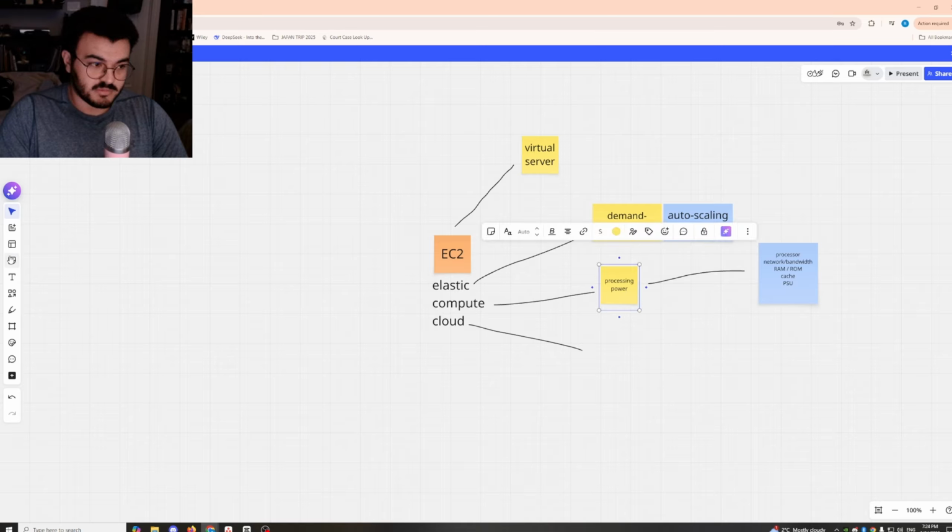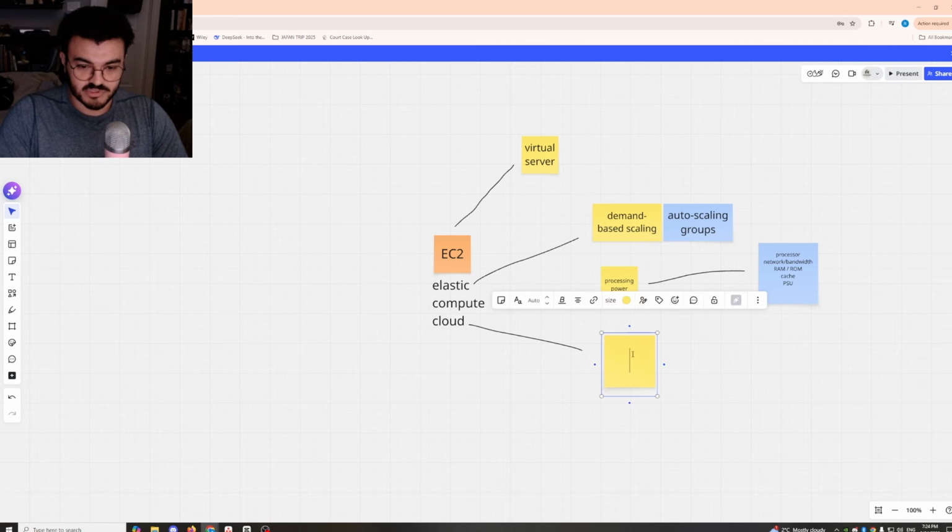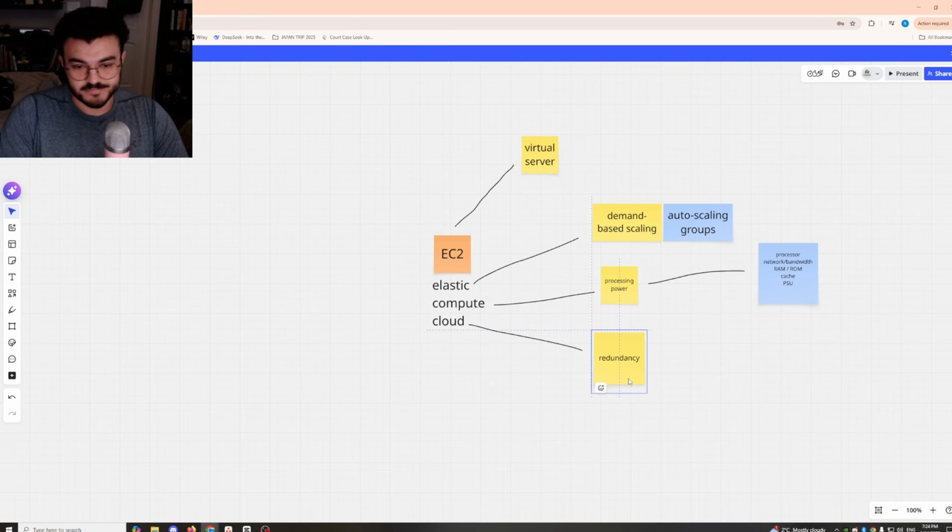And then cloud, of course, I don't think that really needs an in-depth description. If I had to describe cloud in one word, what would it be? It would have to be redundancy, because that's the whole point of cloud, if I had to sum it up in one word. What is redundancy?